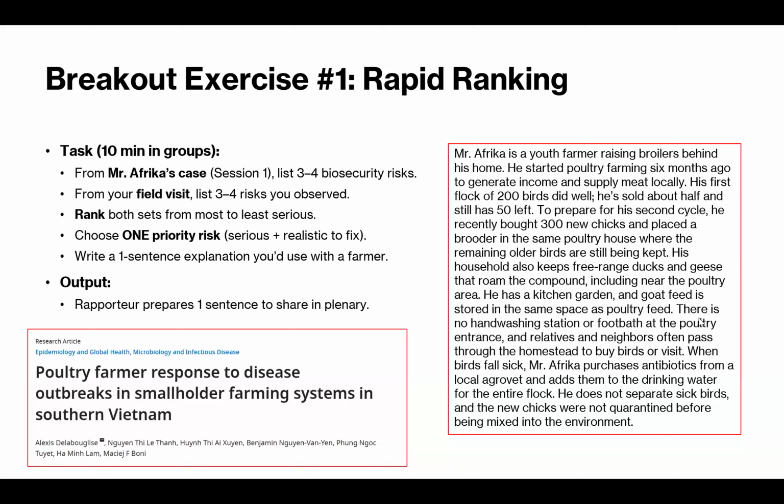So the purpose of this exercise was for us to understand that as animal health advisors or field extension officers, we are confronted with very complex problems. You meet a farmer and they have so many problems. There is a likelihood that we may want to solve all these problems at once, which is not very realistic. And there is farmers' resistance. Studies have been done, and this is one example,